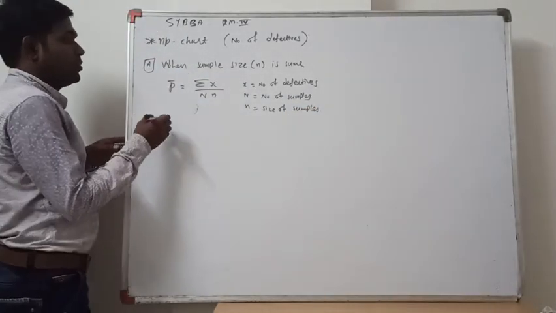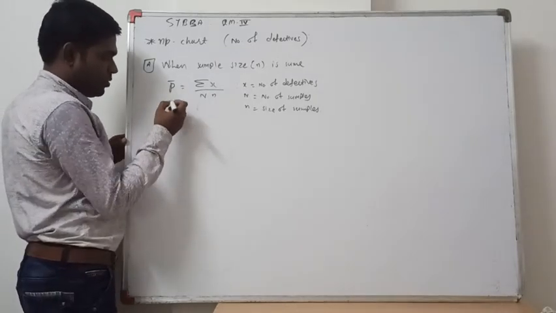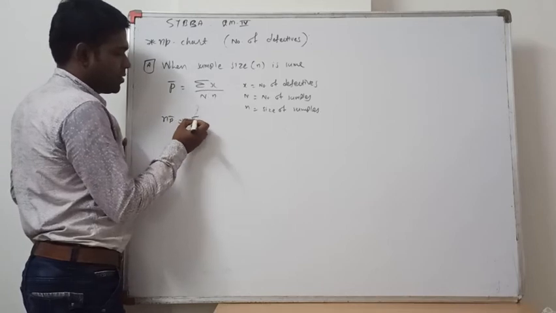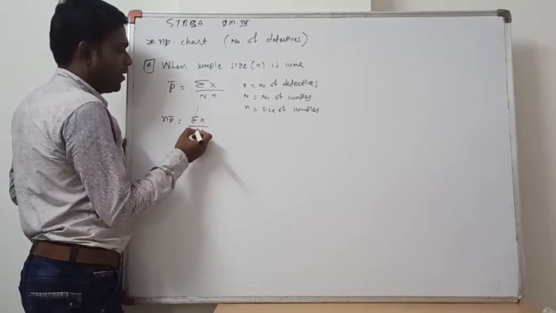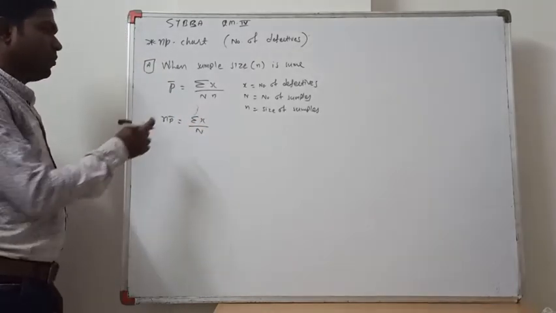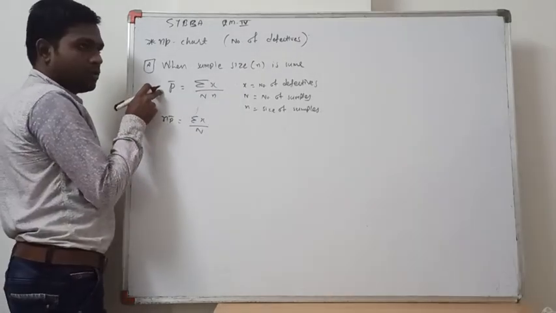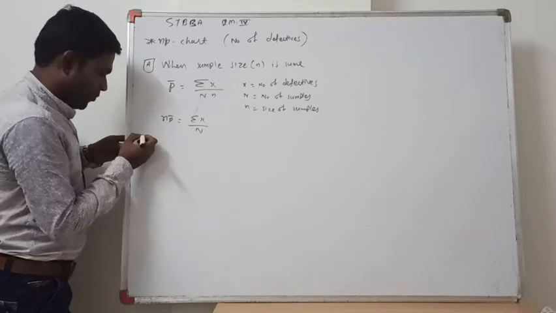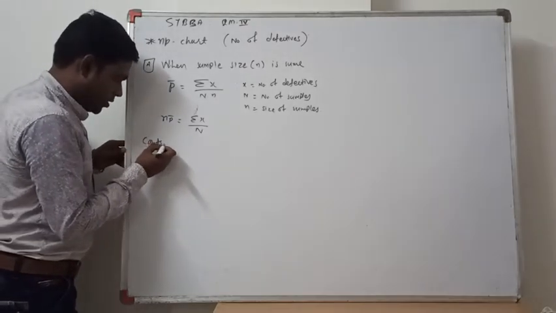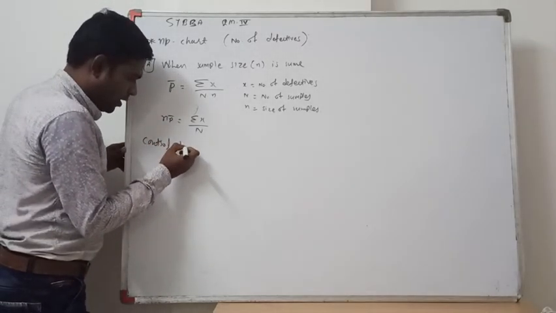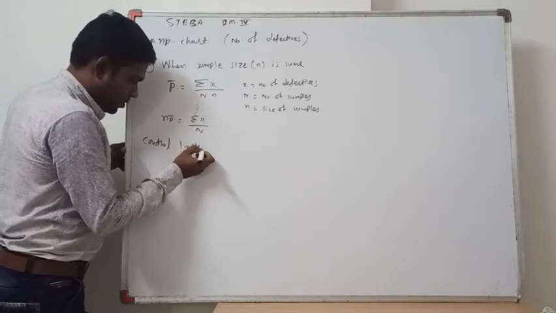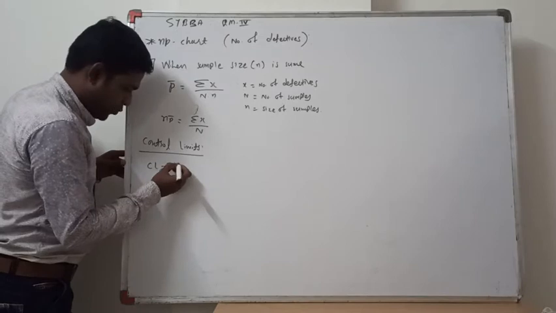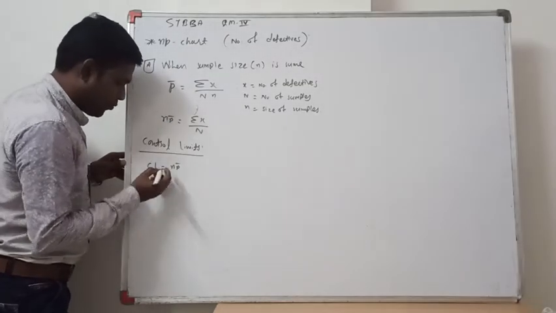Now using this we also have to find n into P bar, that is sigma x upon N. Right? This is the answer of what? This N over here multiplied, then n into P bar is equal to sigma x upon N. Now for drawing a chart we find control limits. First we have to find the central line, that is n into P bar, that we already found over here.